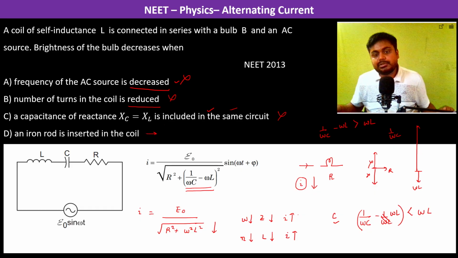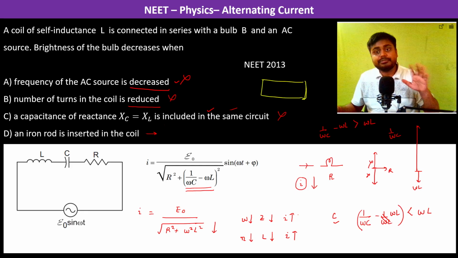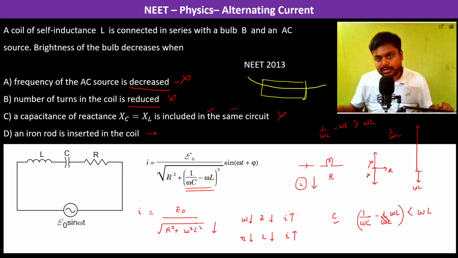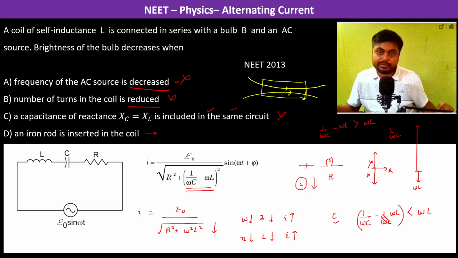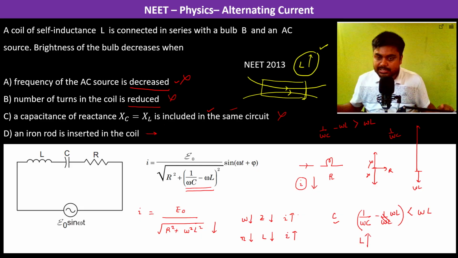D, when iron rod is inserted in the coil. Yes, अब जब इंडक्टर में हम लोग आयरन रॉड को इंसर्ट करते हैं, ठीक है, सो व्हाट हैपेंस इज दैट सिंस द आयरन रॉड इज फेरोमैग्नेटिक थिंग, सो देयरफॉर the magnetic field inside the inductor increases, so therefore L increases. So now when L increases, omega L increases, therefore Z increases, and therefore the current will decrease. ठीक है, तो इसीलिए the option D is going to be the